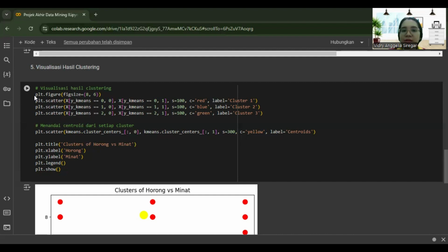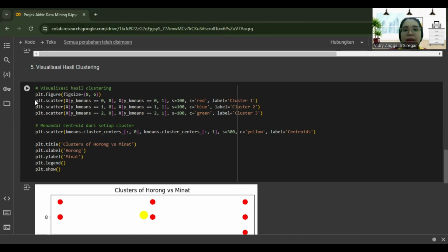Cluster 1 visualization. plt.scatter(X[y_kmeans == 0, 0], X[y_kmeans == 0, 1], s=100, c='red', label='Cluster 1'). This code displays the points included in cluster 1.